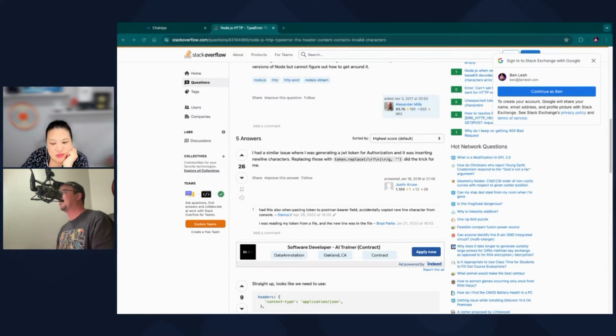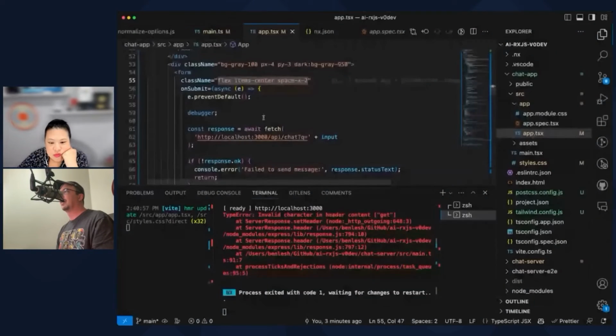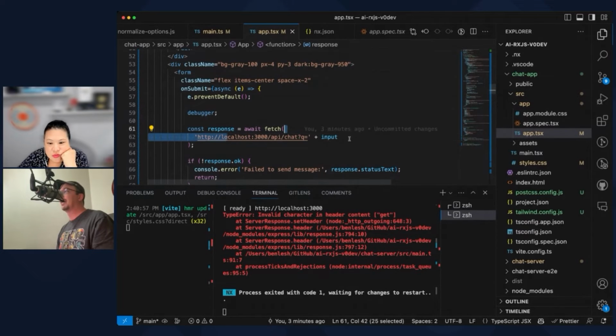If I look at my code, let's see. I'm going to present the other screen. If I look at my code, I mean, clearly I'm not adding a new line here. The input maybe has a new line. Oh, the input does have new lines. So maybe that's what it's sad about. So maybe I need to fix that because it doesn't like new lines here.